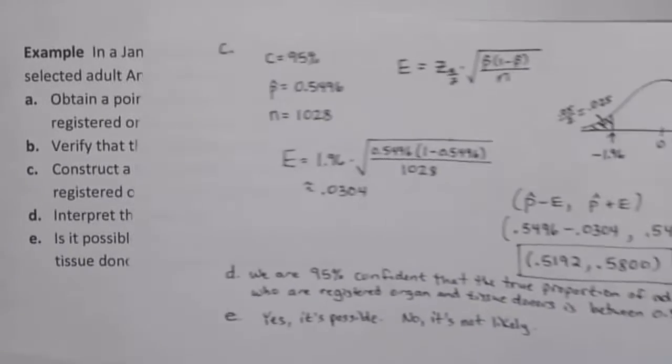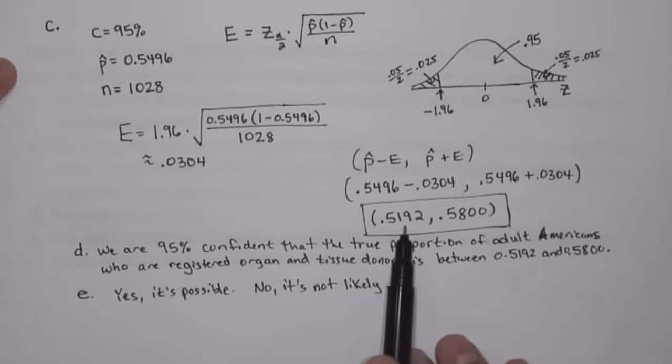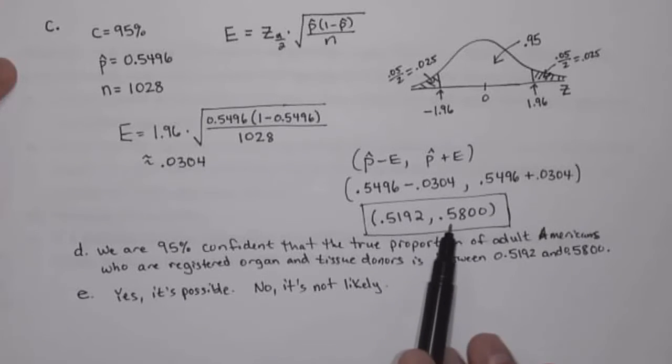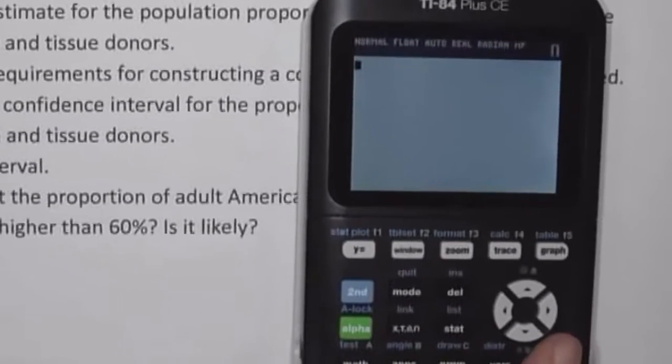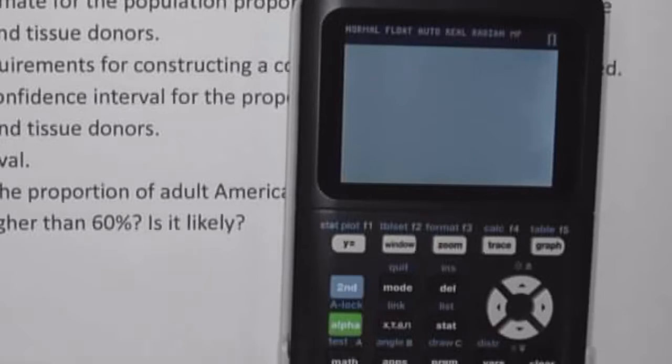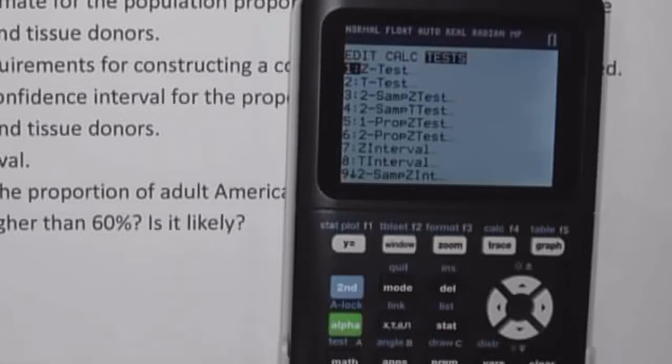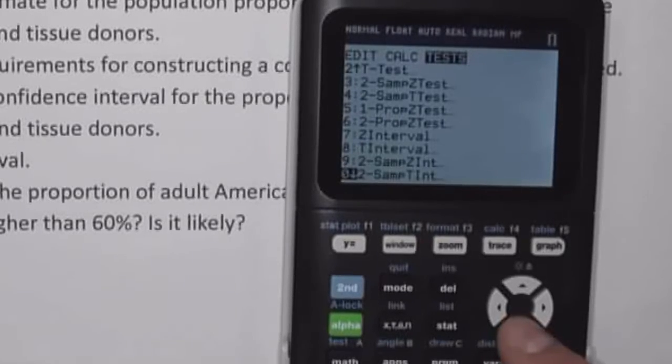So previously, when we did this by hand, we found the answer to be 0.5192 to 0.5800. Again, our purpose here is to show you how to use StatCrunch and the calculator to be able to figure this out. So I'm going to pull in my calculator, and the location that we're going to go on the calculator to construct confidence intervals is under the Stat button. So I hit the Stat button, and then this is going to be a statistical test, so I'm going to use the arrows to highlight the tests menu. And I'm going to scroll down this list until I find the command